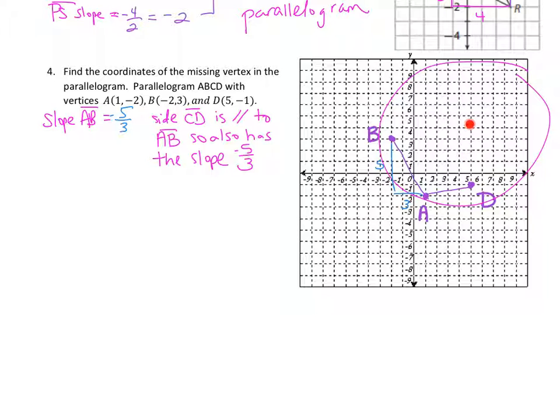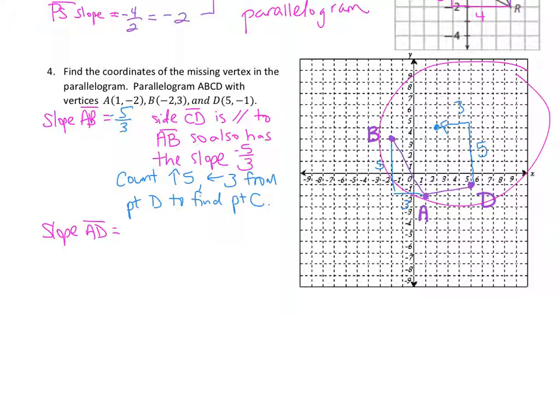So if we go up 5 and over 3, that would give us where our point C needs to go. If we count up 5 spaces, so 1, 2, 3, 4, 5, and to the left 3, that gives us that our point C should be right there. So we want to count the same distance from AD